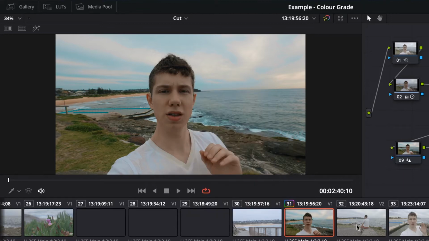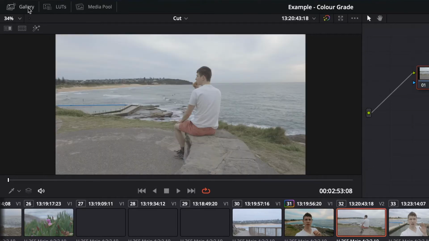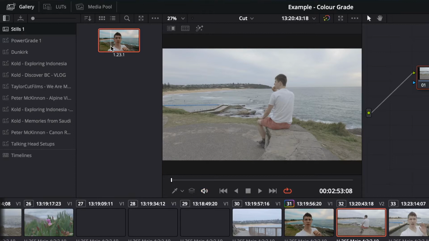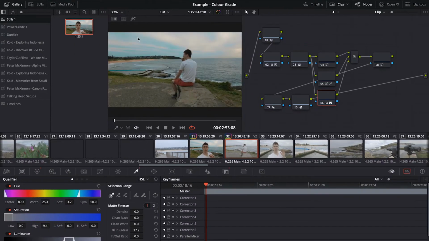This essentially just creates a preset for my current grade, and if I now go to the next shot and open up my gallery window, I can right click on the still I just grabbed and select Apply Grade. And now it automatically copies all of the nodes from that grade with their edits applied to the new clip. So now I basically just copy and paste this grade over all of the rest of the clips inside of